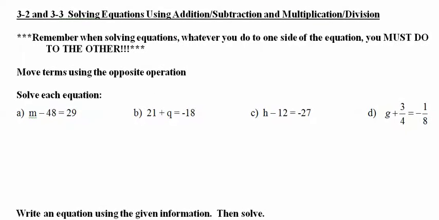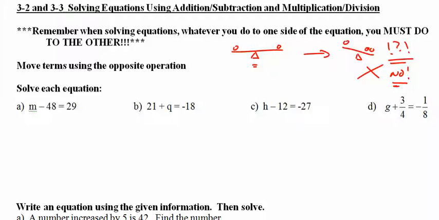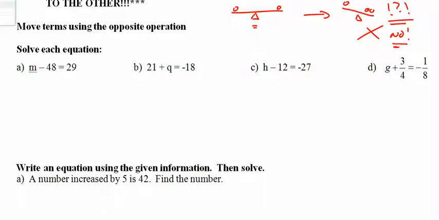Now, how do we solve those equations using addition, subtraction, and multiplication, division? Remember that it's a seesaw. That's your equal sign. Whatever you do to one side, you have to do it to the other. Otherwise, it becomes unbalanced. No good. So, here it is with adding to both sides. You'll forgive me, this is second nature as breathing. Plus 48, plus 48, m equals